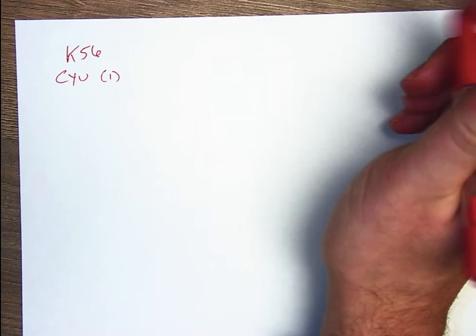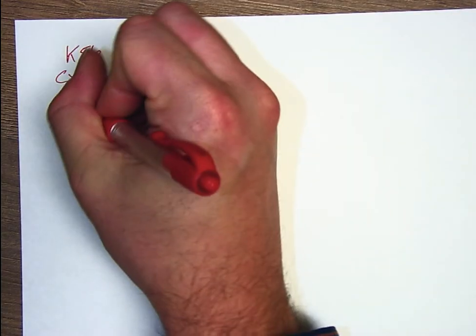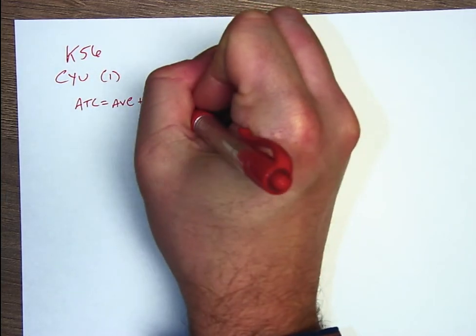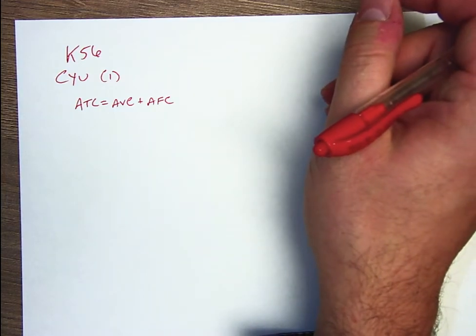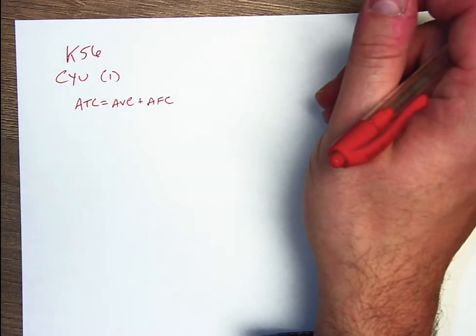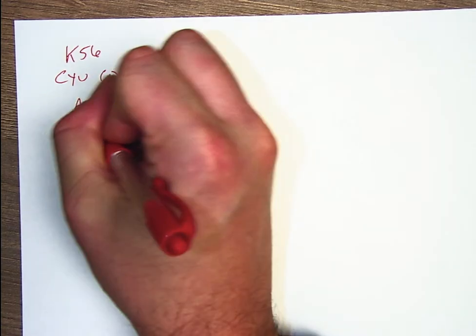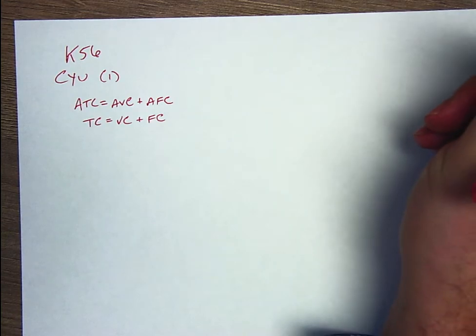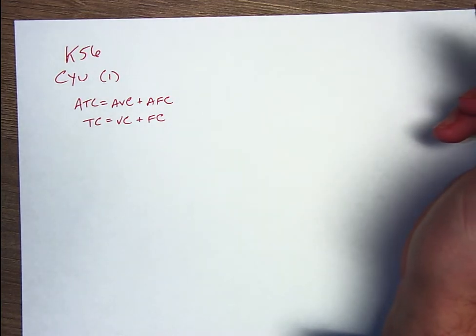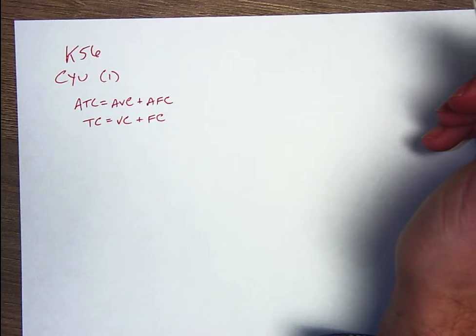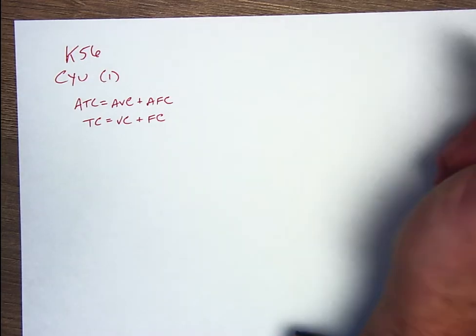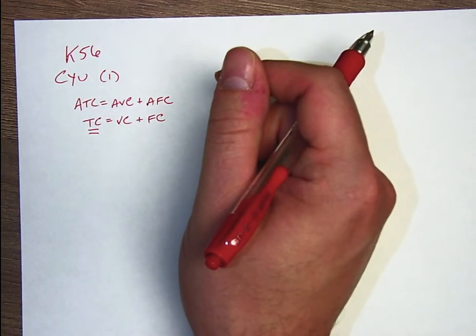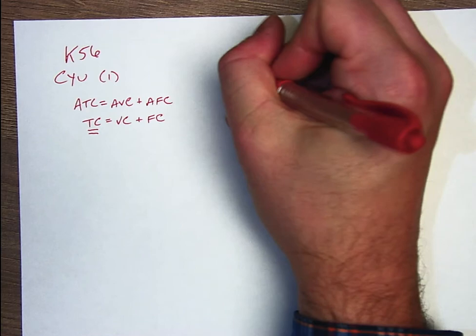the lowest ATC. So one thing we have to know to do this problem is that ATC is AVC plus AFC. Right? We kind of have to know that part. And we would have to know that TC thus is also VC plus FC. So the easiest way to think through this problem, if we're trying to figure out the ATCs, is we have to start by figuring out the TCs, the total costs, and then work our way backwards. So if we said 12,000